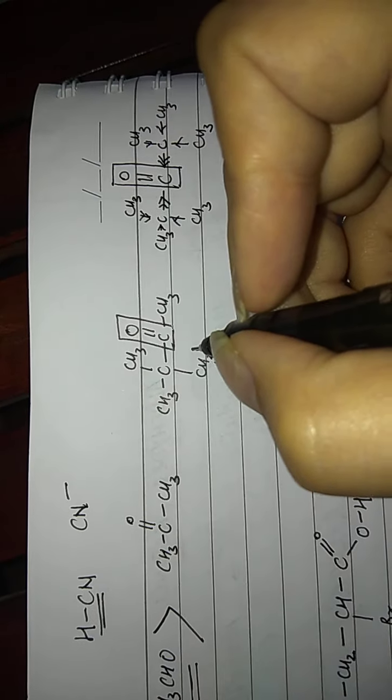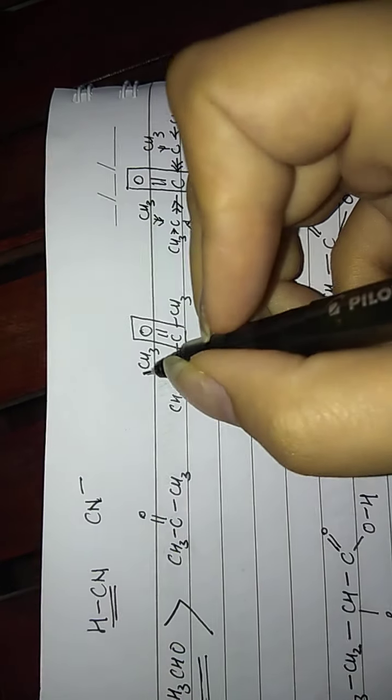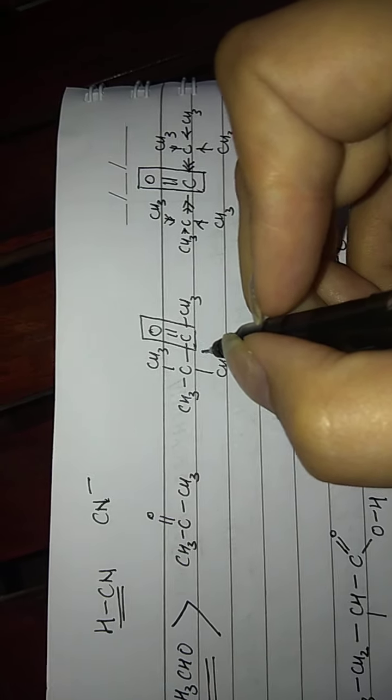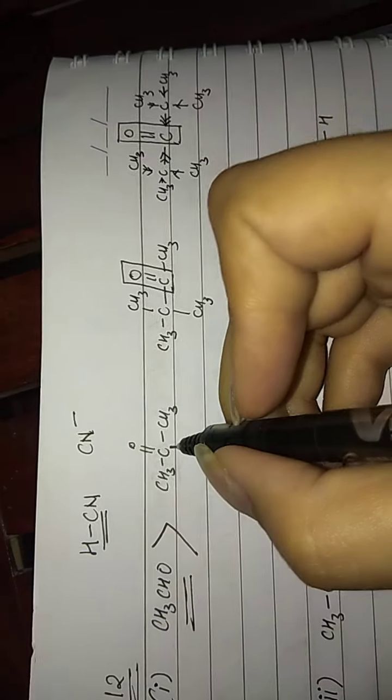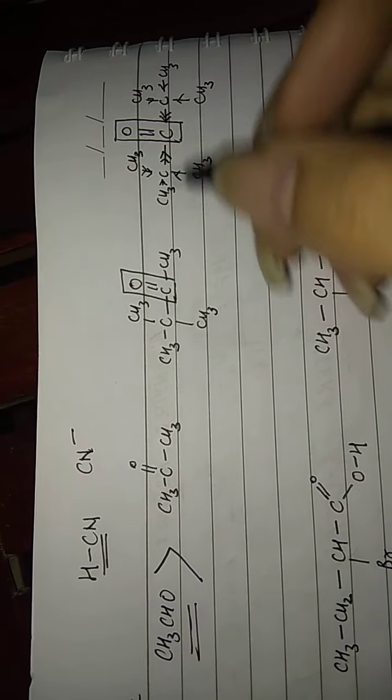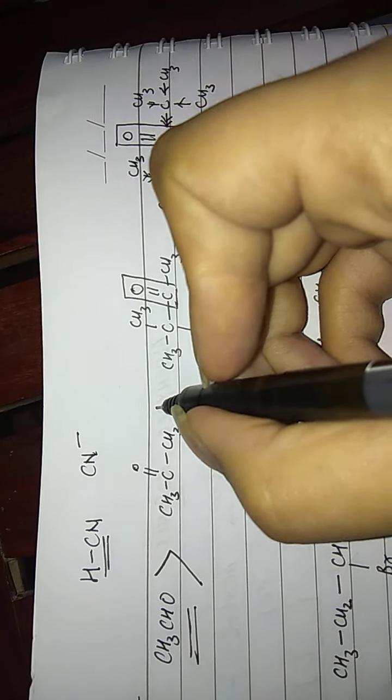Then coming to this compound, it is having one tertiary butyl, one bigger electron donating group, and one smaller electron donating group. So this comes before this. That means this is more reactive in comparison to this. And over here we are again having two electron donating groups, but both of them are smaller in size as compared to the other two compounds. So this will be more reactive than this compound, which will be more reactive than this, and this will be least reactive because of the presence of two very bulky electron donating groups.